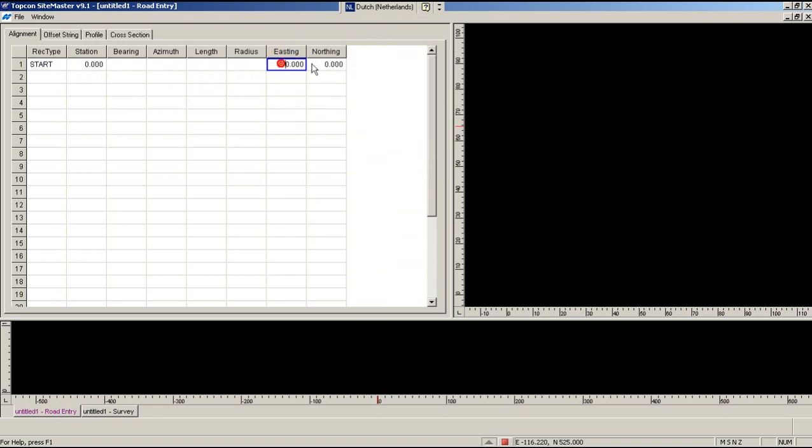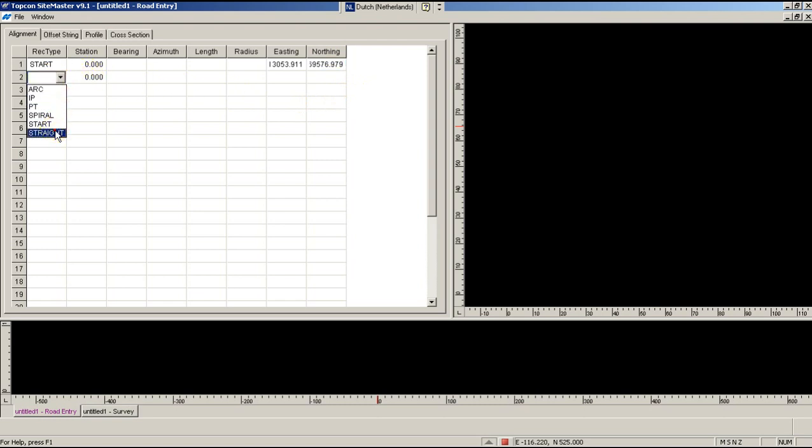And then we can now go in and type in the coordinates for the start chainage of our road. So that's going to be 413,053.911 for the easting, and then for the northing we're going to type in 456,9576.979. And our first element is going to be a straight, so we're going to click on the next line and